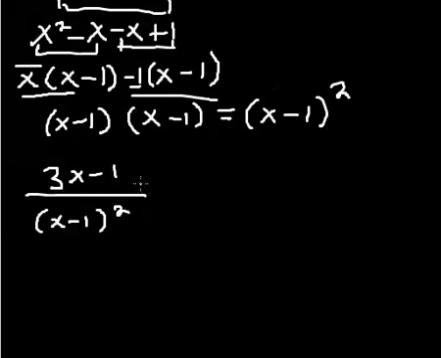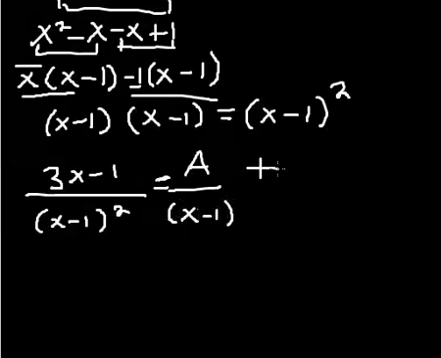How to resolve powers of an expression into partial fractions. If you are given a power of an expression like you have here, x minus 1 squared, into partial fractions, the partial fractions go this way: A all over x minus 1 to the first degree. You are going to arrange the partial fractions in increasing power of that particular expression till you get to the highest power. The power is 2, so I'm going to start with A all over x minus 1, that is to the power of 1, then plus B